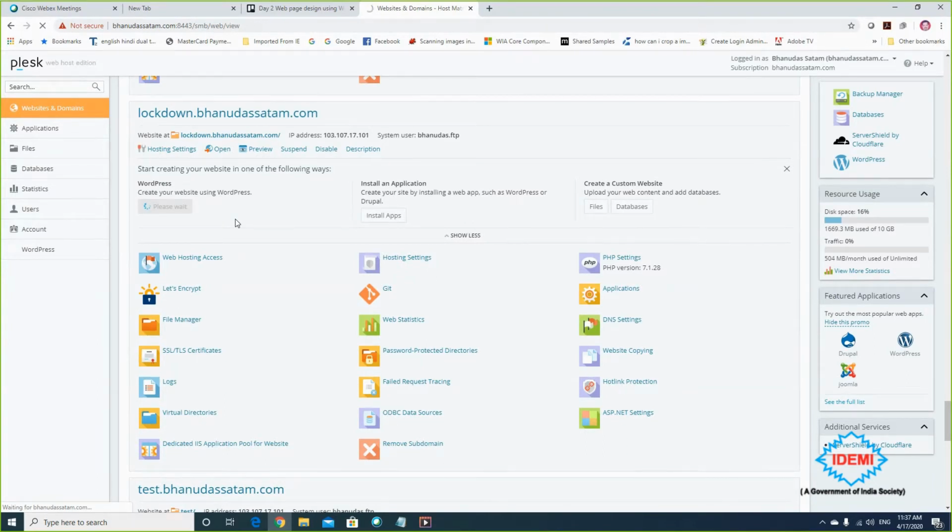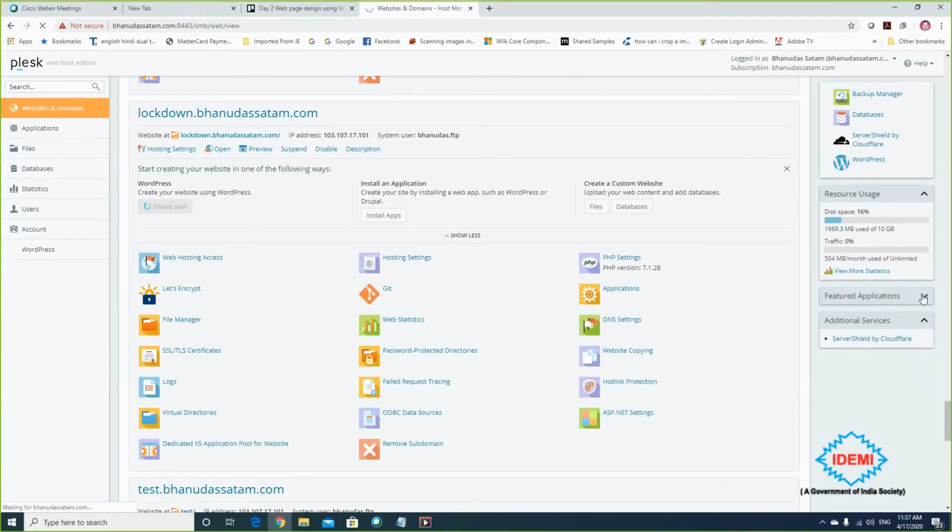Because in your control panel they may give some more frameworks. So whatever control panel you are buying, look at the right hand side. There is a feature, applications. I'm indicating that.